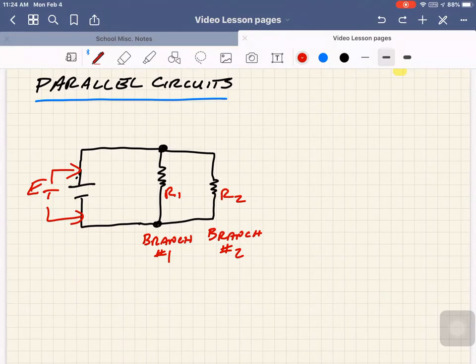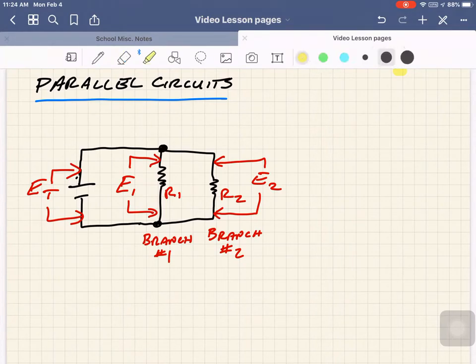Okay. All right, and that's just a reference for the parts of the circuit that we are talking about. Okay, so first thing I want to talk about is the voltage, right? Just as we had talked about in a ladder diagram, the voltage was the same across each branch, right? So that is the same in this. All right, so if we had E1 and E2, we'll put over there. Right, once we apply power to our voltage source over here, we get the same voltage across each of these branches, right? So from these points here,